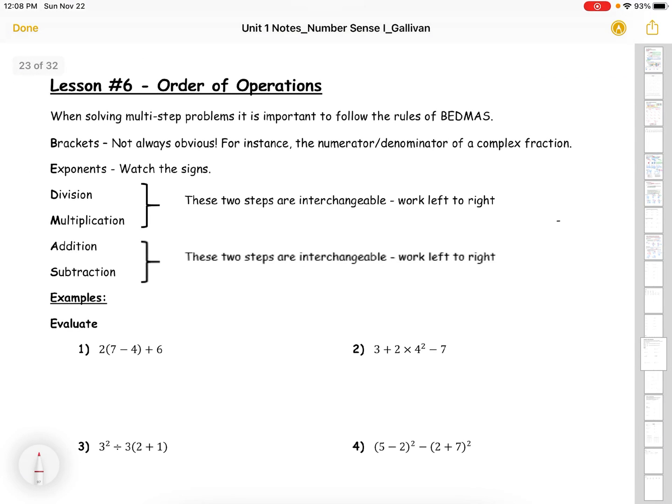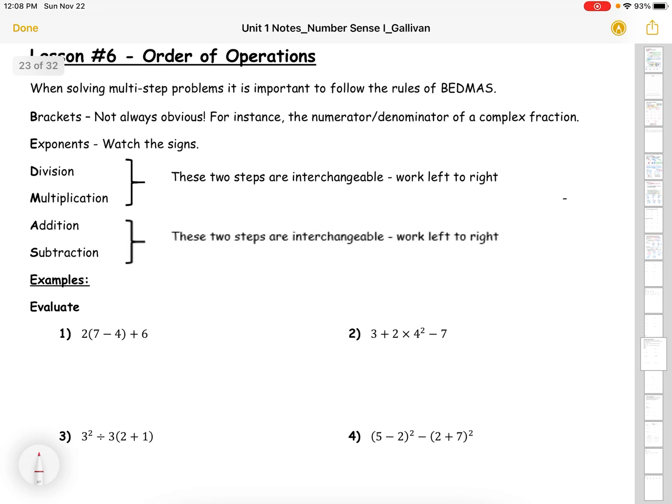Right, lesson 6, order of operations. Now, we talked a little bit about this in the last lesson when we were doing exponents, because we were also encountering adding and subtracting questions as well. The order of operations are very important because they set certain rules that everybody around the world is going to follow. That means that regardless of your language of origin or your culture, because you're following these order of operation rules,